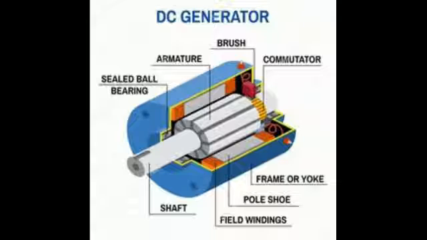First one is field system, second is system of conductor or coil, and third one is relative motion between the above two systems, that is field system and system of conductor. That means we have to discuss the stationary part and rotating part. In the stationary part, first one field system, second armature. Apart from getting EMF induced in the DC generator, a further requirement is that the AC induced EMF in the conductor has to be converted into DC EMF. This conversion from AC to DC is achieved with the help of commutators and brushes.